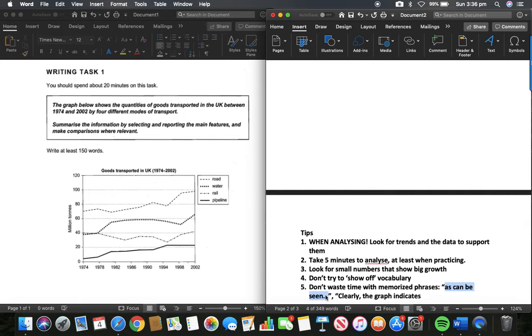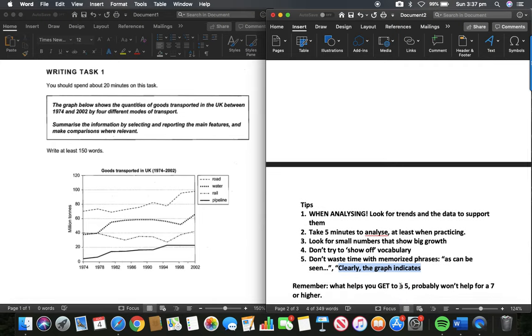If I'm teaching someone to get a 7, I do not waste my time. The other problem is it's really teaching you that language is just this cheap little trick, like learning English is just about memorizing these cute little phrases. And yes, you want to memorize some phrases, but this says nothing really important, so forget about it. Just to point that out, what helps you get a 5 probably won't help you get a 7. The 7 is looking for higher level skills.